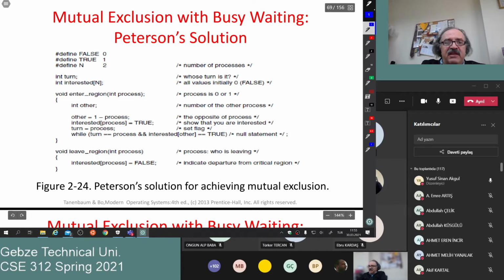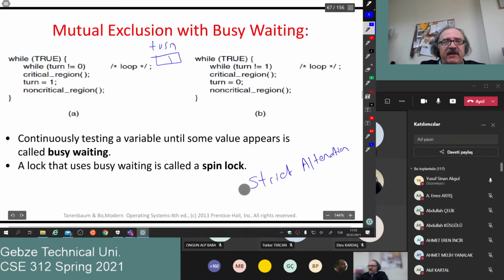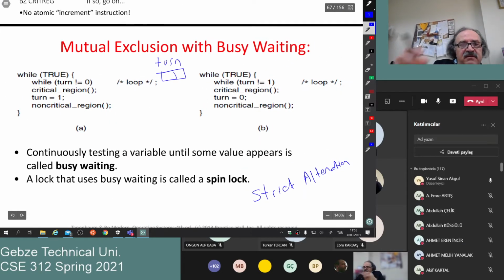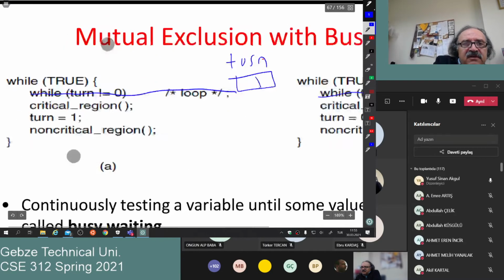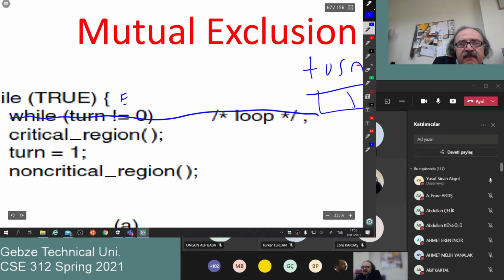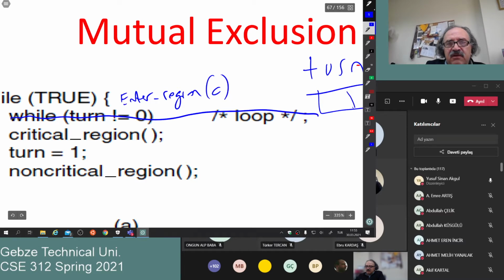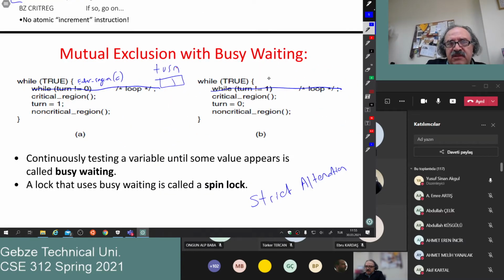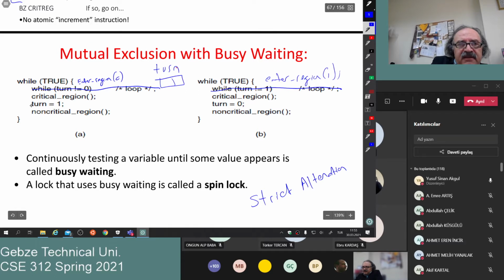So enter region and leave region. If I would like to modify this one, I would say take this out and take this out. I would say enter region 0, where 0 is my process number, and enter region 1, and get this out, and this one is leave region